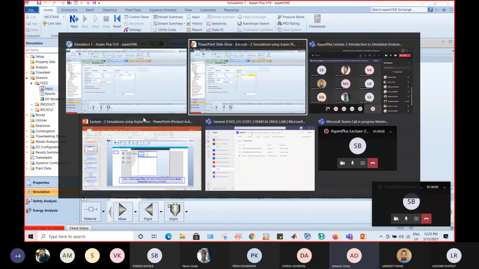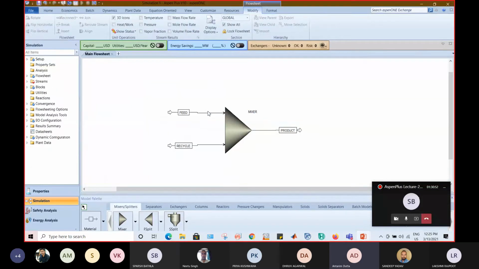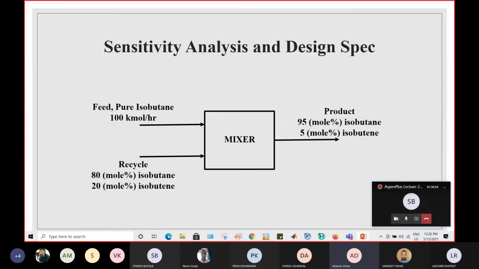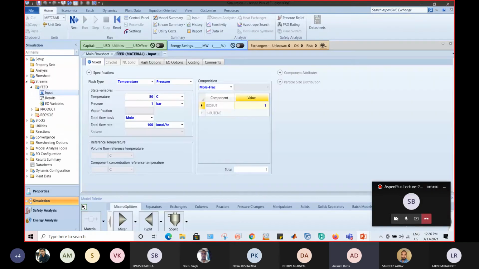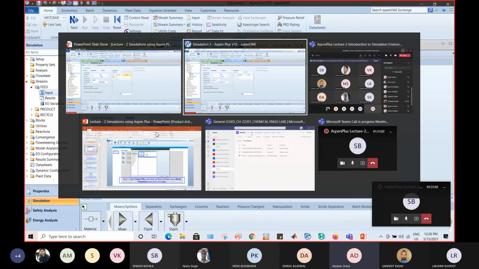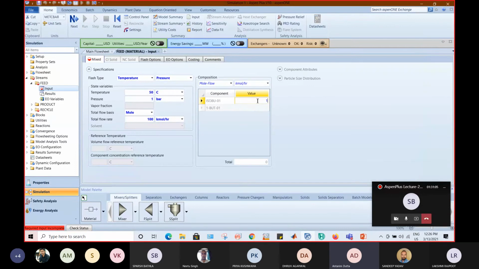I think I have mentioned it in the problem statement as well. Yes, it is 100 kilomole per hour, but temperature and pressure are not mentioned there. And that stream is purely isobutane, which means the mole fraction is isobutane.